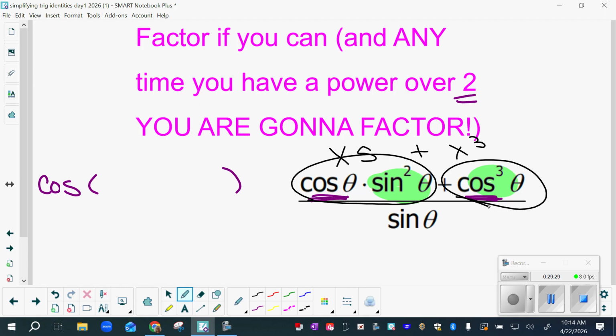Okay, watch what I get. Oh, I love this answer. I get sine squared and I get cosine squared all over sine. I'm going to take a breath real quick. You're thinking, Miss T, I can't change anything into sines and cosines anymore, so what is happening here? Look in your parentheses. Does it have squares? Does it have a plus or a minus sign? If it does,